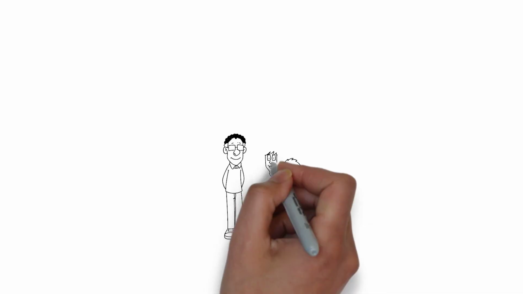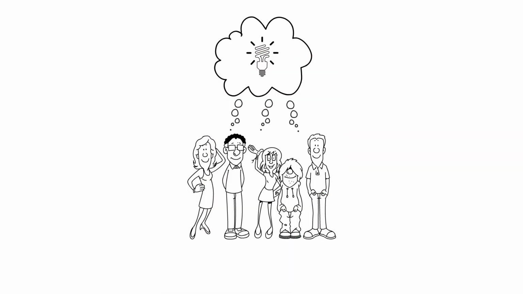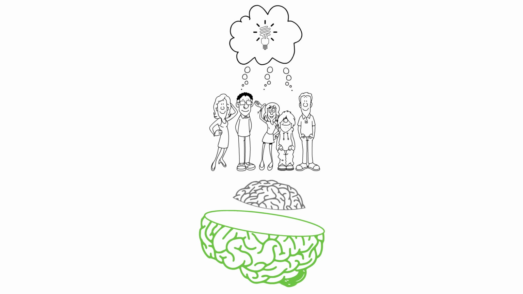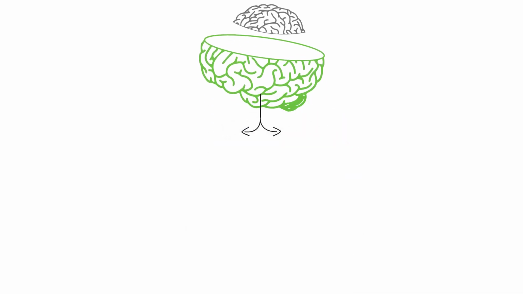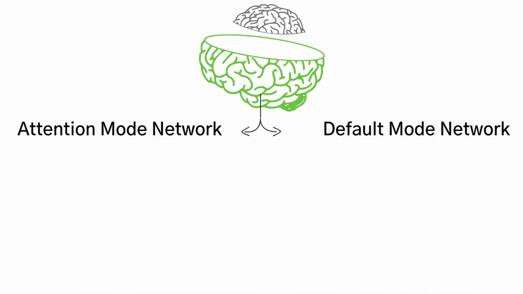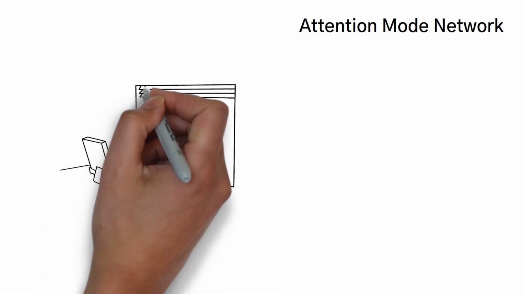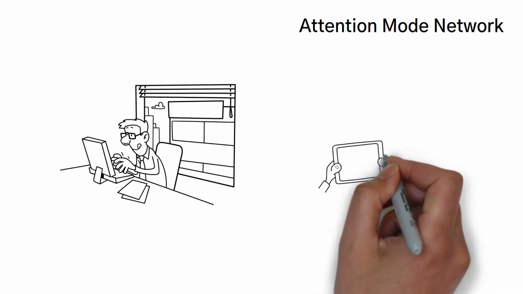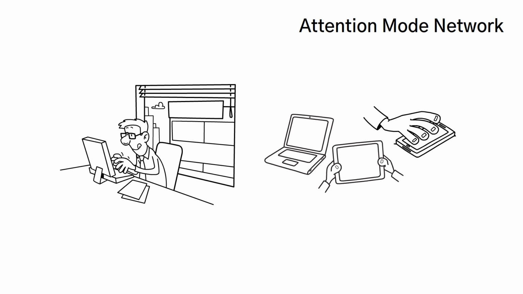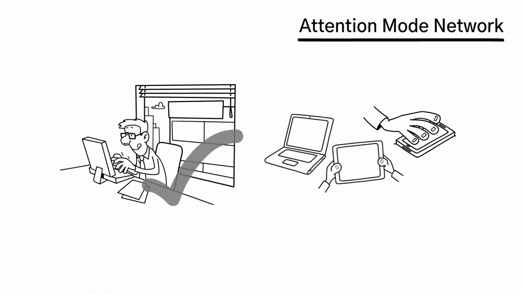Most people live their lives completely unaware of the fact that they are themselves limiting the possibility of brilliant ideas from coming to them. This is because people don't really understand how their brain operates. Fact is, the brain operates on 2 modes of thinking: the attention mode network and the default mode network. Let me explain. The attention mode is engaged by the brain every time we are working on a specific task or immersed in any form of distraction like your phone, social media, emails, news, etc. This means most of us spend the majority of our time in the attention mode network, either working or being